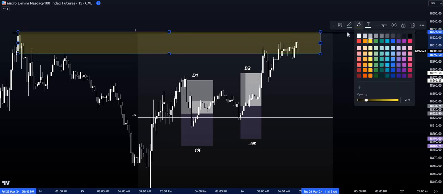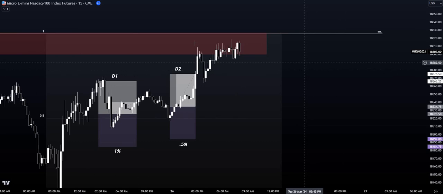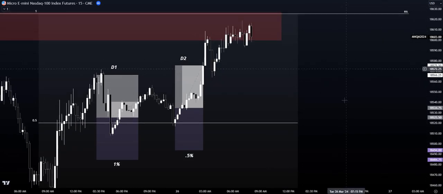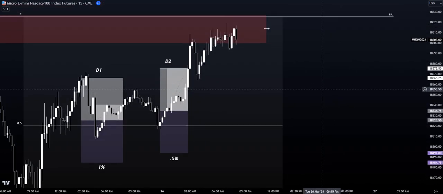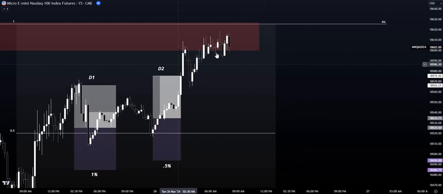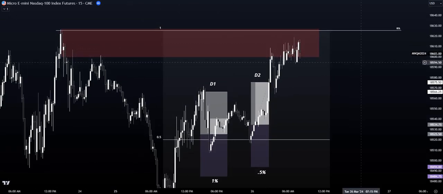All right. So we got a 15-minute bearish ICT order block here. We tapped into it multiple times, and even on the 1 hour time frame, we had tapped into it. But specifically, we're paying attention to the 15-minute time frame. So we tapped into our higher time frame PD array. We tapped into a 15-minute ICT bearish order block. So because of that, we want to see some type of liquidity being taken.